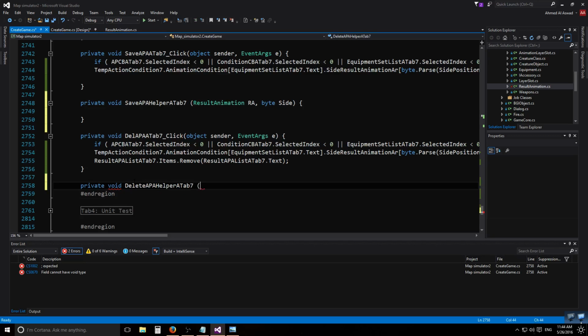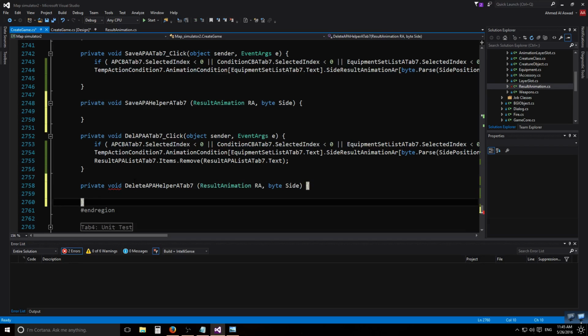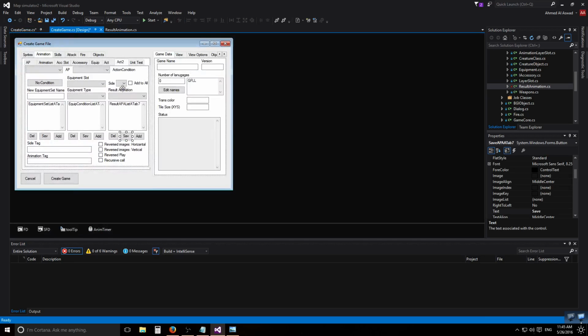This one will be easier than saving. So we don't need to go to side 1 and delete the same animation, side 2 and delete the same animation, side 3 and delete the same